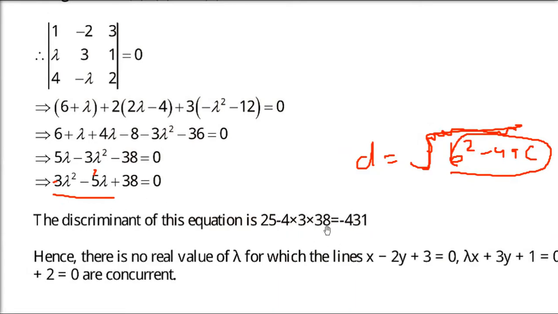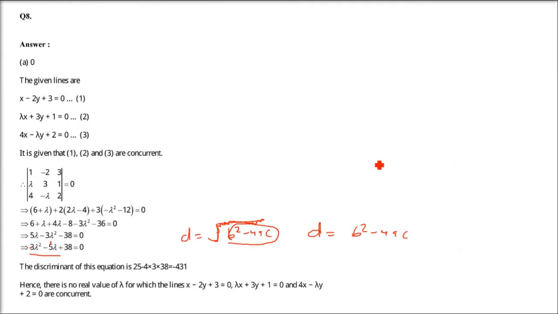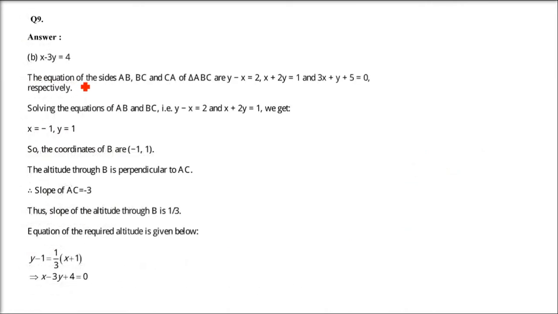Whenever you put it in the Sridharacharya formula, and if something under the root is negative, that means you will not get real roots. I'm writing it, minus b plus minus under root b square minus 4ac by 2a. If b square minus 4ac is 0, that means you'll get 2 equal roots. But in the negative case, you know that you'll not get real roots. Actually, you will get imaginary roots. So you will just say the answer of 8 is 0. A is 0. Okay. So this is the solution. Don't put it as infinite, 0.